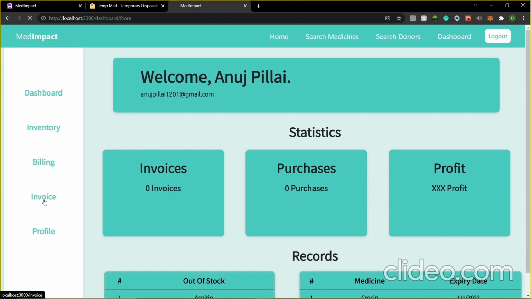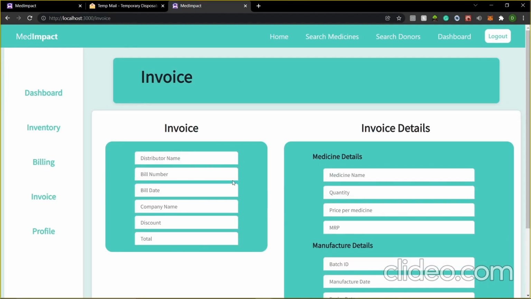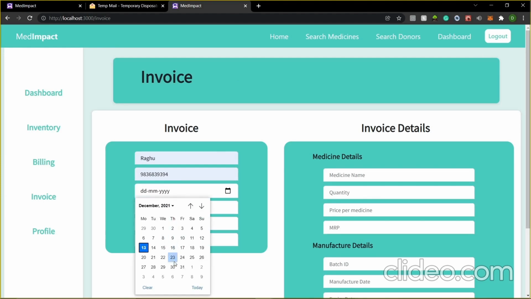Now moving on to the invoice. The invoice represents the transaction between the medical store and the entity above it in the hierarchy. So we first type the distributor name, the bill number, the date, company name, discount, and total.